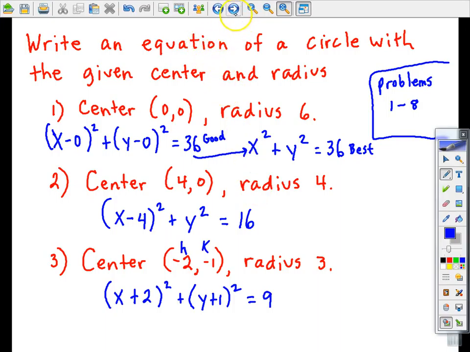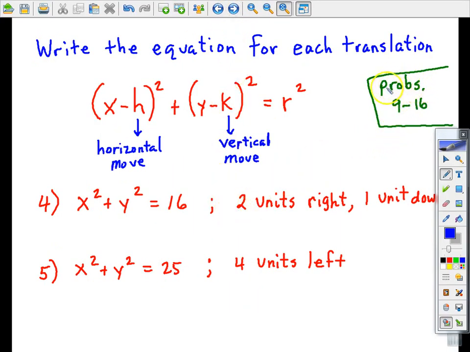All right. Let's move on to some more examples in 9 through 16. It's really the same process, but now we're going to word it in terms of translations. Remember, a translation is just taking a graph and picking it up and relocating it. So when you're looking at this standard form, not only do h and k represent the center of the circle, but you can also, you're not hurting anything by also thinking of them as, in this case,